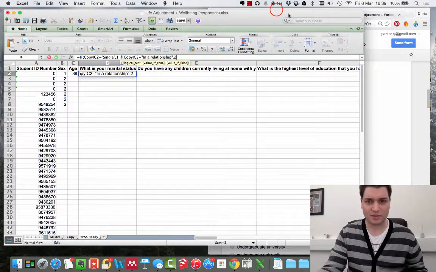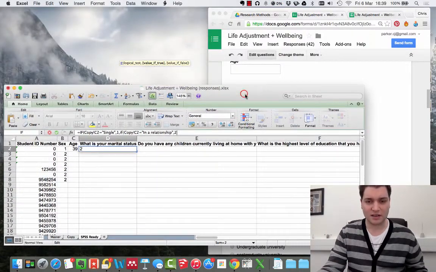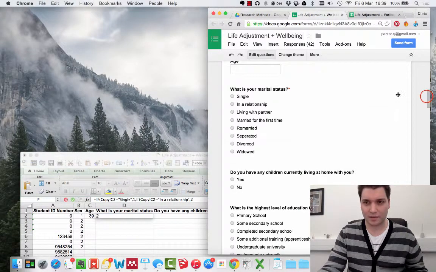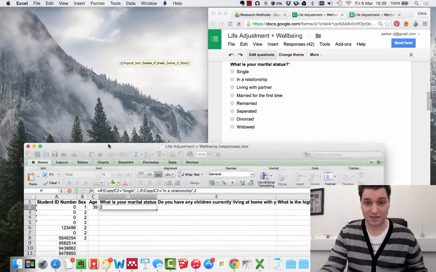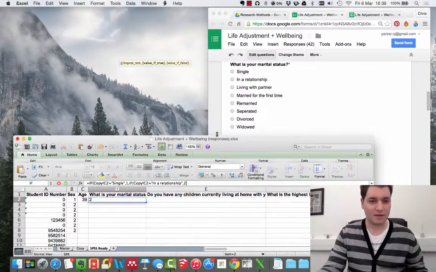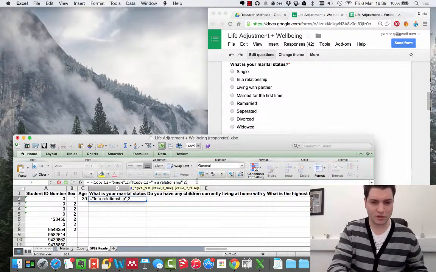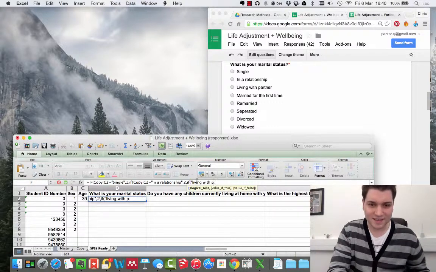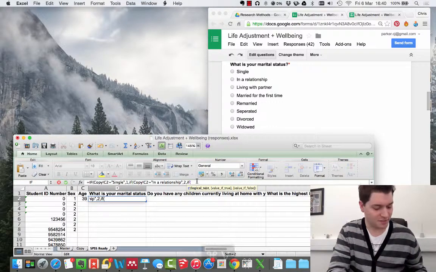Make this a bit wider so I can actually see it properly. I'm going to carry on doing this for all of the other aspects of here. So if you want to follow, you can, but there we go. So, comma, if living with partner, oops, I've jumped far too far that time. So paste equals living with partner,